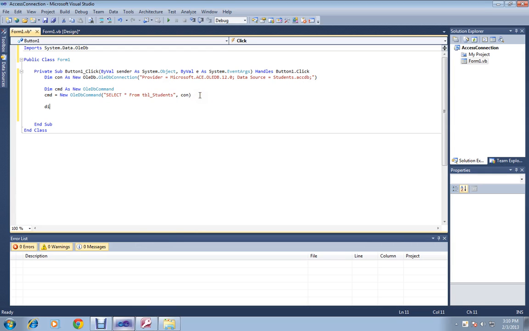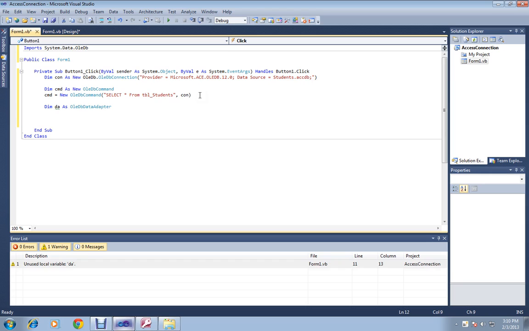Let's continue. Dim da as OleDb.OleDbDataAdapter. This is for us to be able to get the data that we need from the database in MS Access.